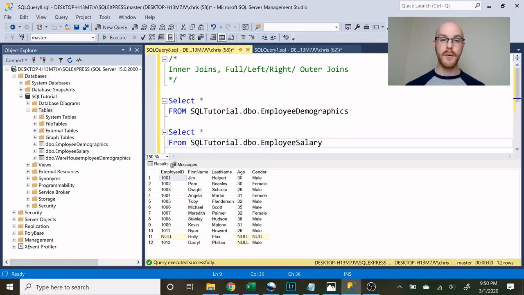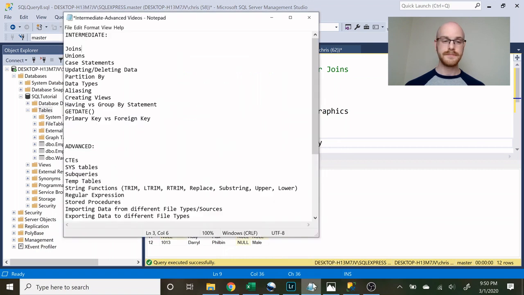Now, today we're going to be walking through joins, but let me show you what you can expect from the entire series for this intermediate course. So we're going to be walking through joins today, and then in future videos, we're going to be walking through unions, case statements, updating and deleting data, partition by, data types, aliasing, creating views, having versus the group by statement, the getDate function, primary key versus foreign key, and then we're going to have an advanced course, and this is